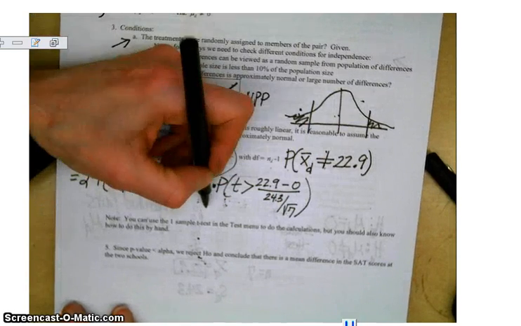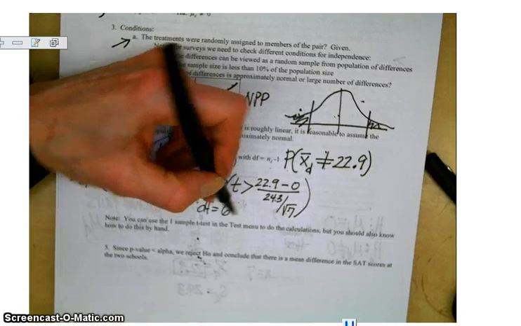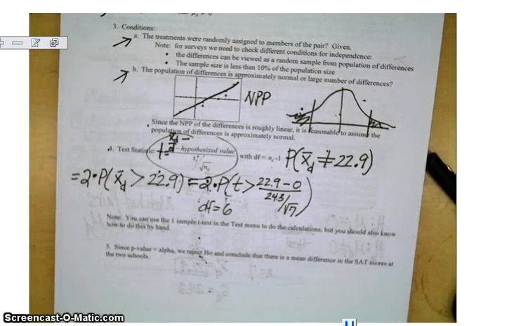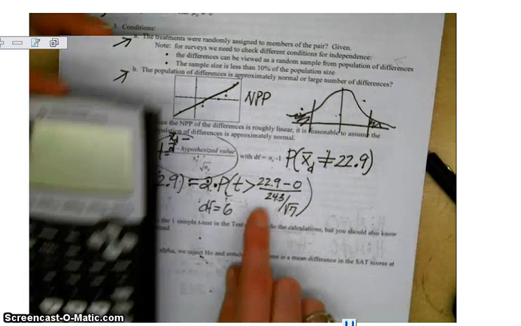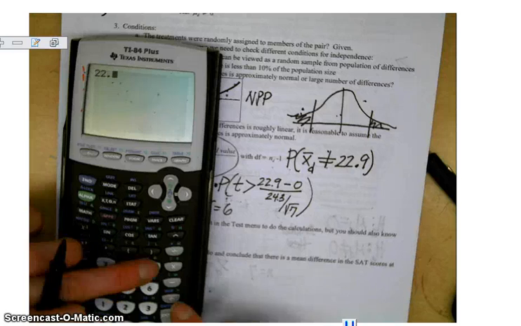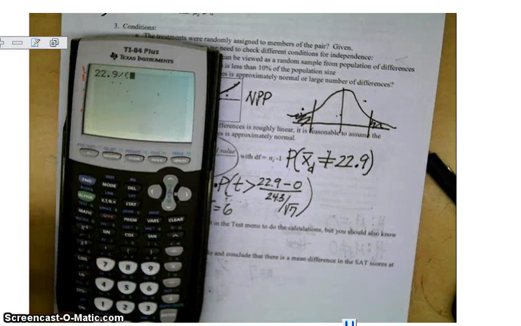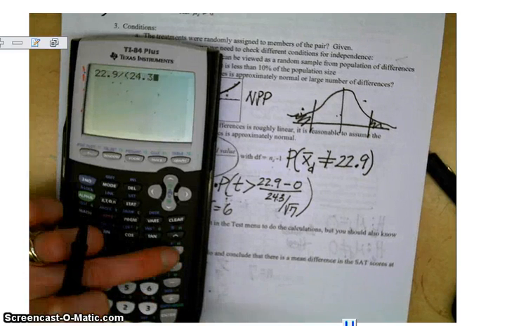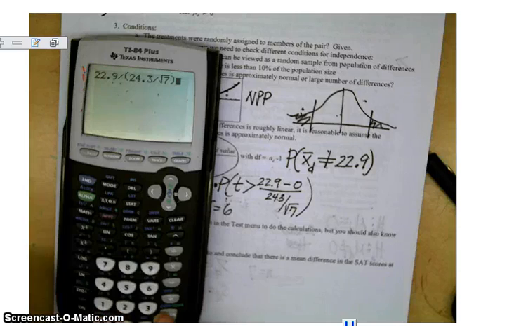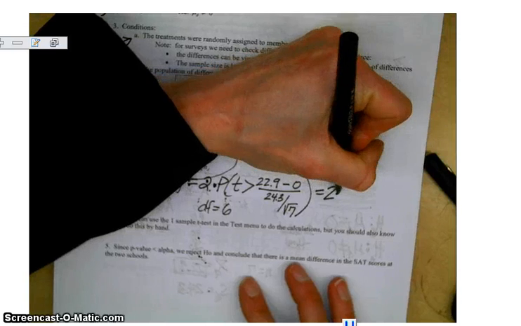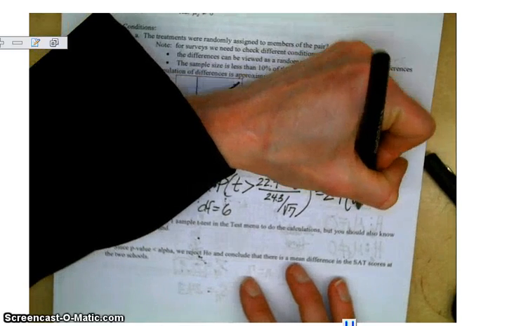And our degrees of freedom here is going to be 6, 7 minus 1. So now I'm going to go through and calculate this. 22.9 divided by, begin parentheses, 24.3 divided by the square root of 7. And we get 2.493. So this is 2 times the probability that t is greater than